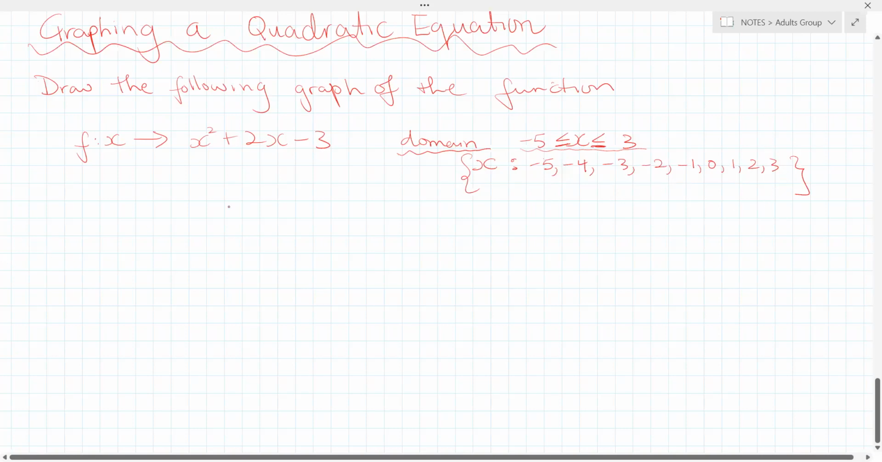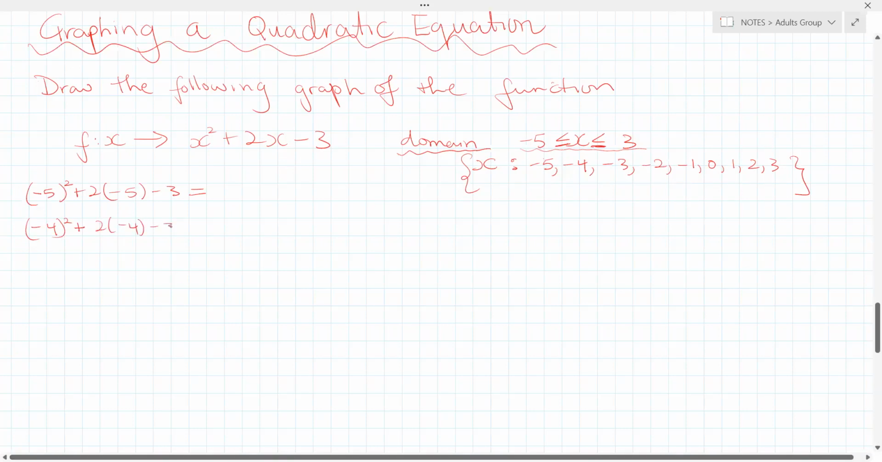Right, so therefore we go and substitute each value into our function to get our ordered pairs, aka our coordinates. So the first thing we're substituting is -5. So -5 squared plus 2 by -5 minus 3. You'll go ahead and work out the answers to me, please. -4 squared plus